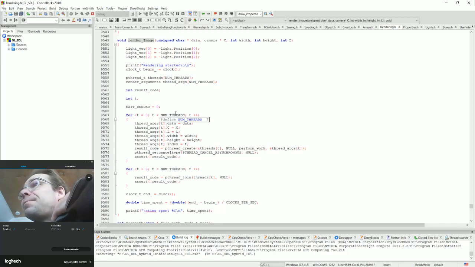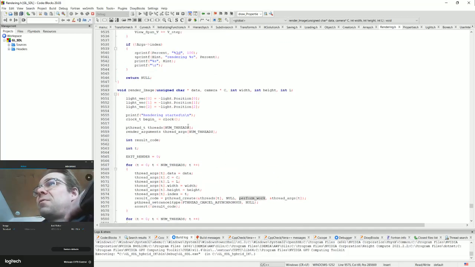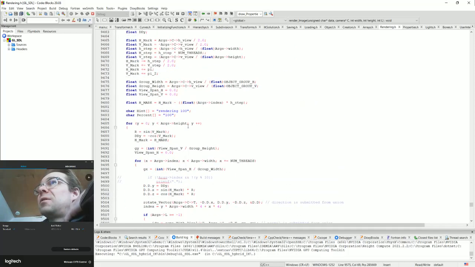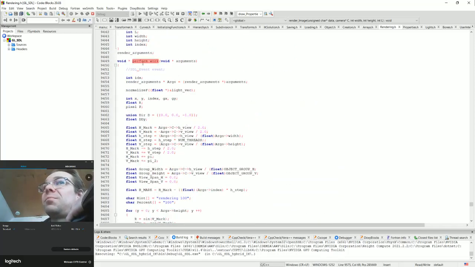And it creates those threads with this perform work function. And this perform work function is found here above it, and it uses this void paradigm to submit the return values and arguments. And we see here